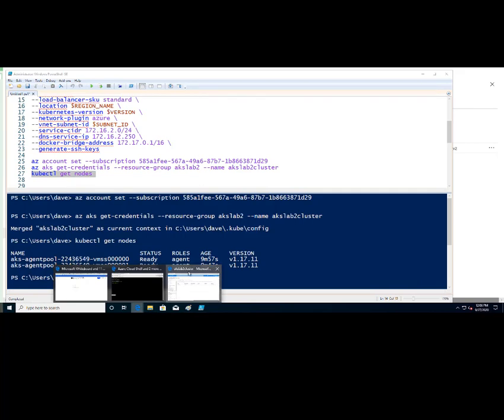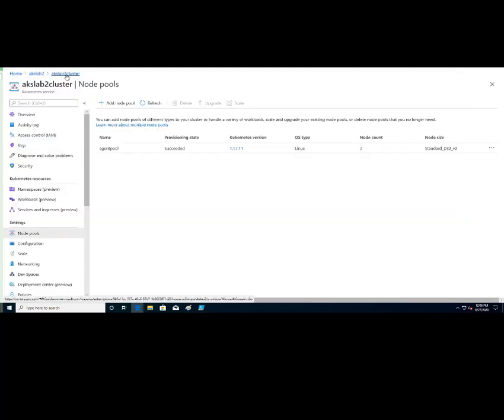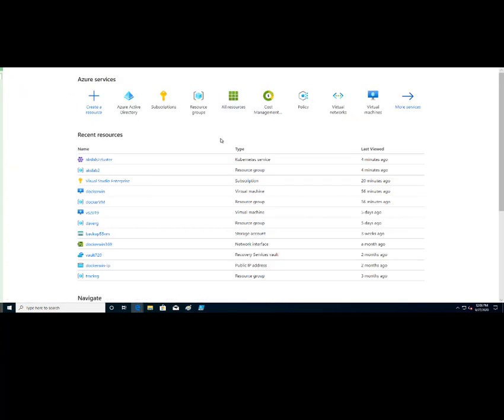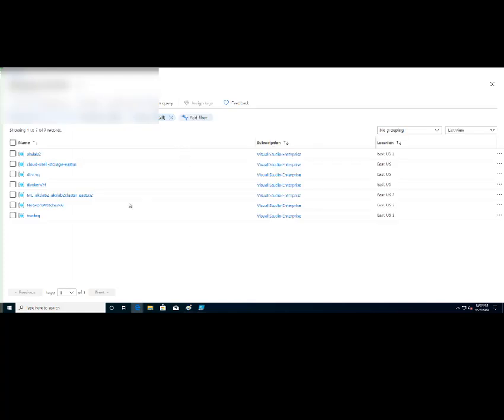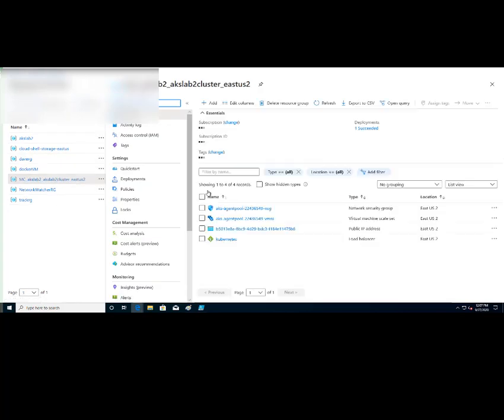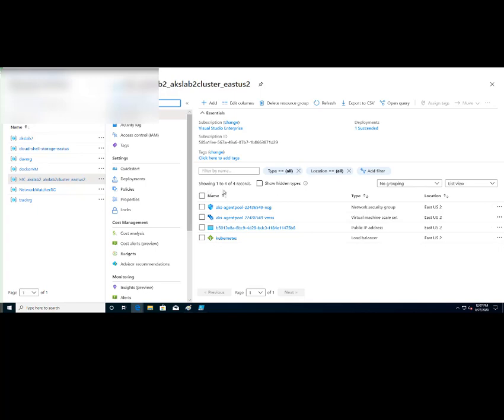Well, to see that in the portal, you have to go back to your resource group. And if I do a refresh, nope, I take that back. It created a resource group that you don't know the name of. And it starts with an MC usually. Let me go back to resource groups. And here it is. If we go to this resource group and click on virtual machine scale set,